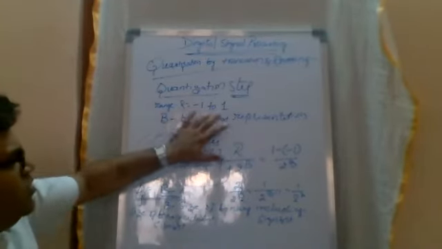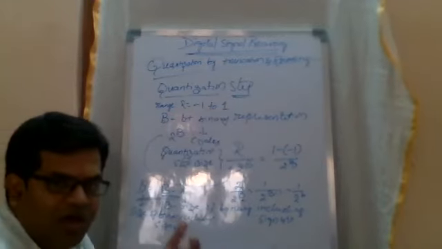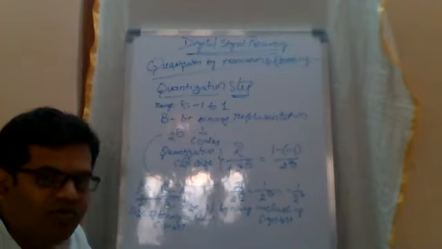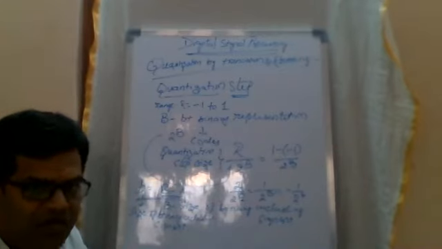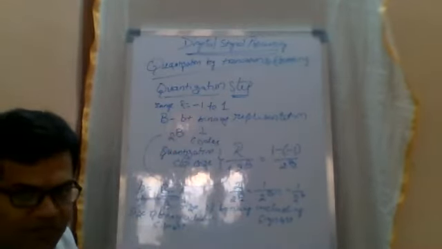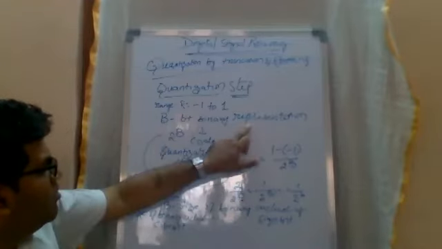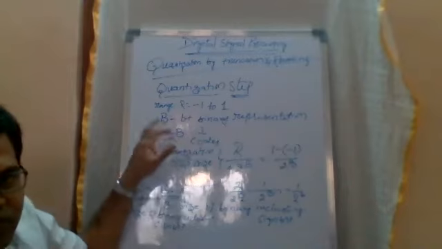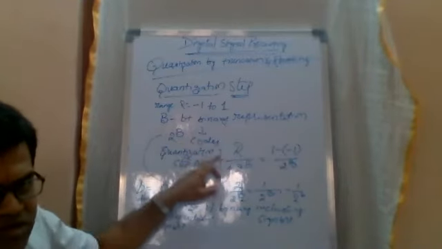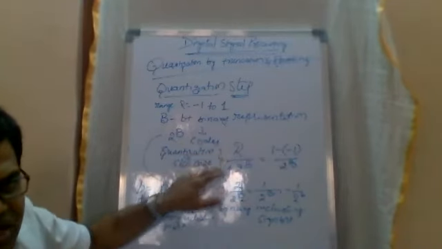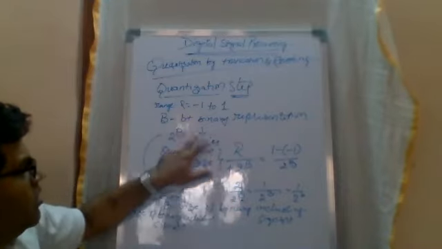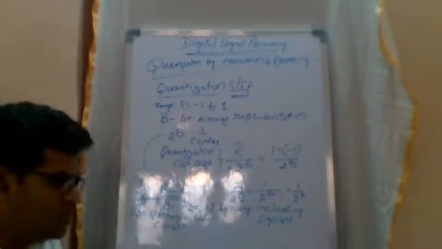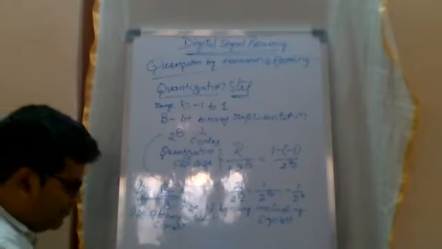The range of numbers that we can represent, whether it is a filter coefficient, the input that you are representing, or the output that you have obtained by multiplication or addition, will be in the range from -1 to 1. If I am representing a b-bit binary for a particular decimal number, I can have 2 power b codes for that, and the ratio of the range to the number of codes, 2 power b, will give you the quantization step size. So this can be represented in this way.